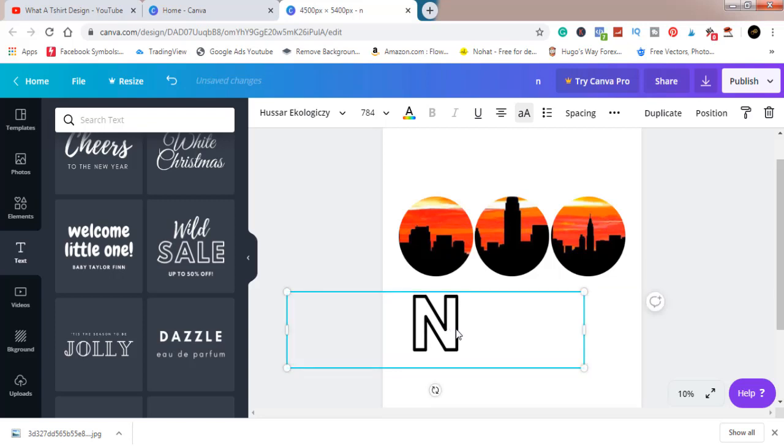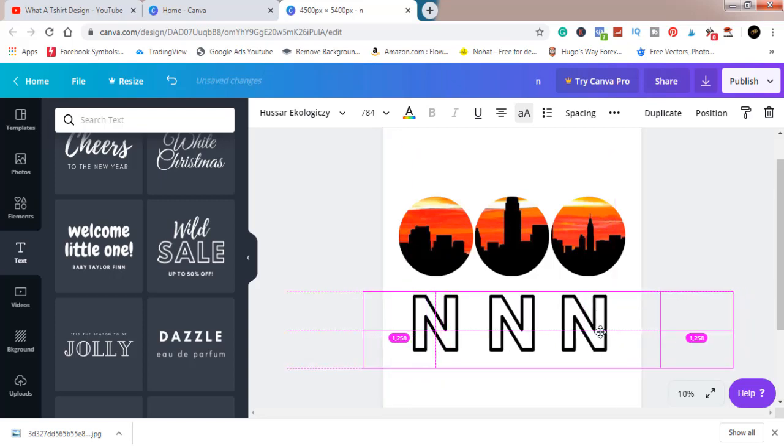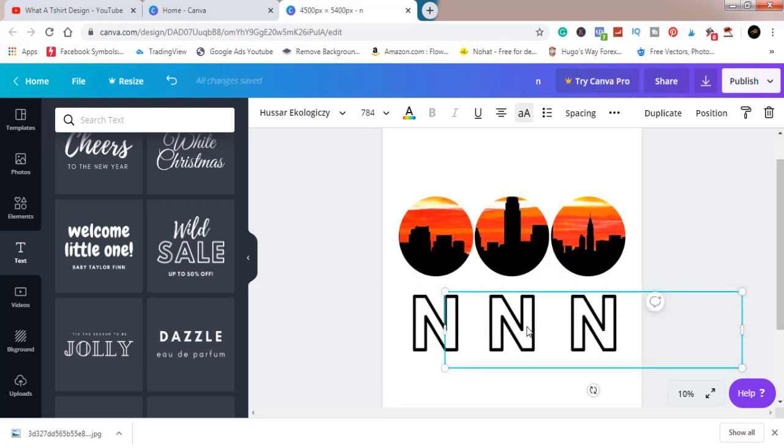It's going to say N. Then I'll duplicate this layer. To do that, I'll press my Alt key, my left mouse click button, and drag. You can see that. I'll do that again: Alt key, left mouse click, and drag again. We just drag it to this one. So this one is going to say